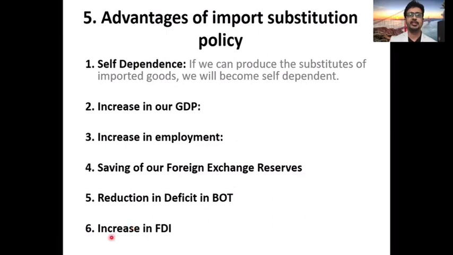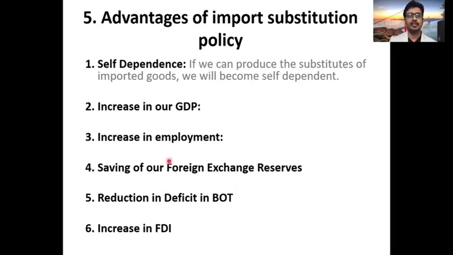And number six, increase in the foreign direct investment. Now, when the country adopts the policy of import substitution, it discourages the imported goods. For example, the government of India is telling the foreign companies, don't just sell in India, make in India. So if the foreign companies now want to sell their products in India, they cannot simply export it from their